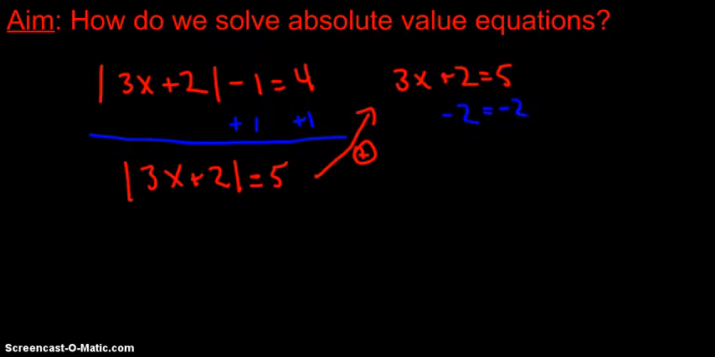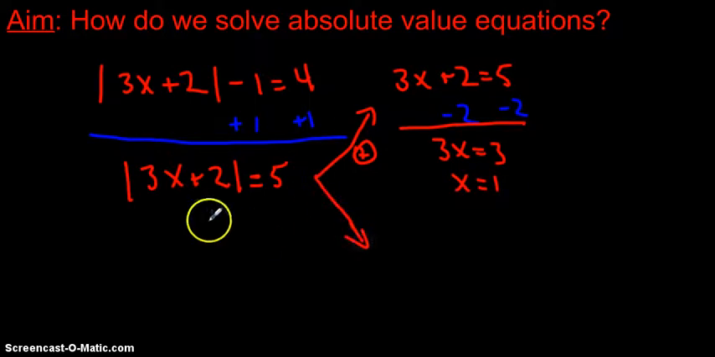I don't know why I put an equals there, but I did. I won't deny it, but it doesn't belong there. And that'll leave us with 3x is equal to 3, and x is equal to 1. So that's one possibility. The second possibility is, since we don't know what the value of x is, it could